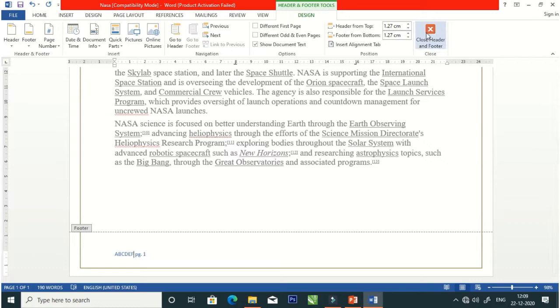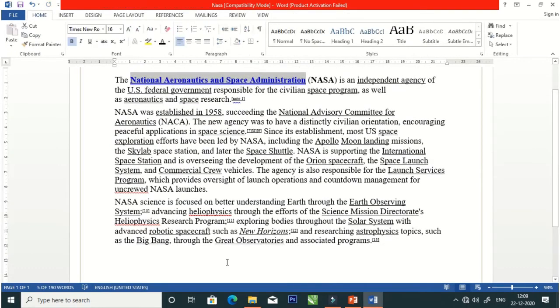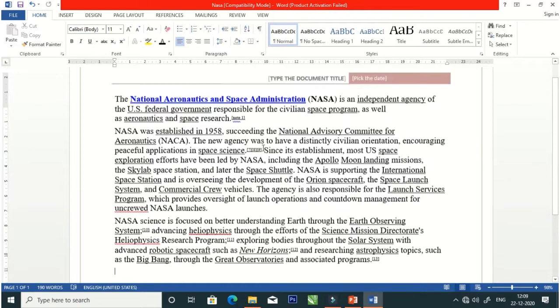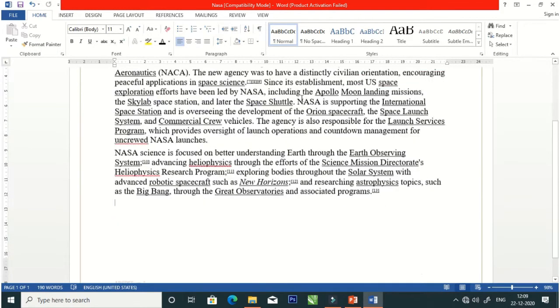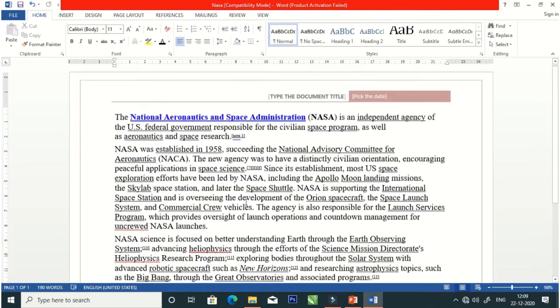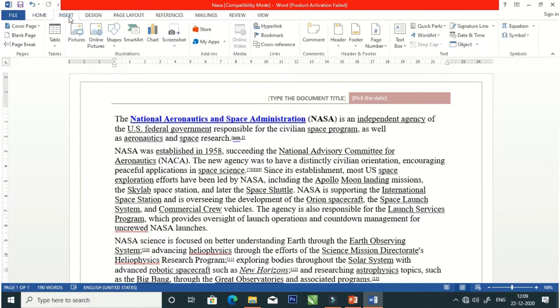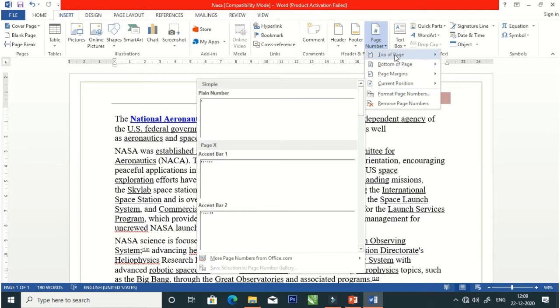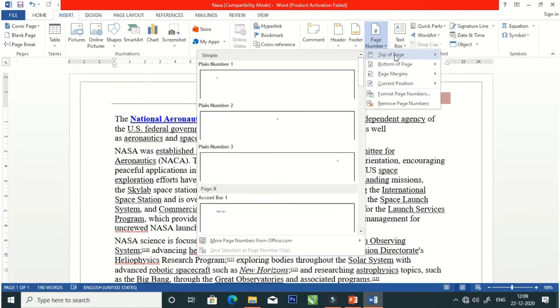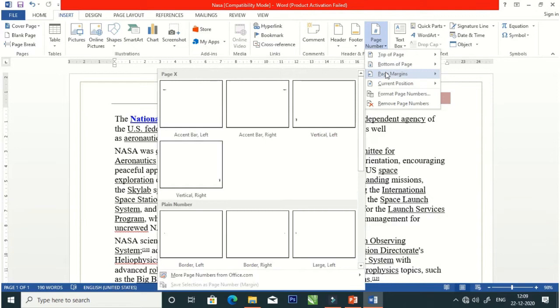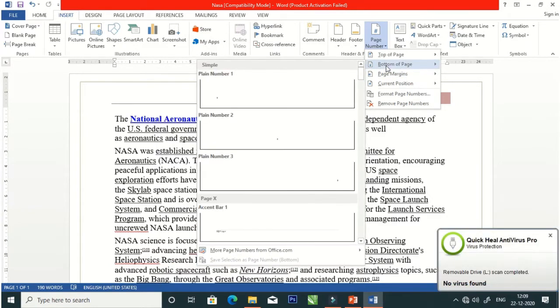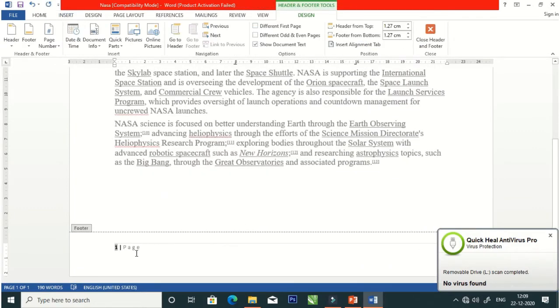Inserting page number. Page number can be inserted at the top or bottom of the page. The steps to insert page number are: first step, click on Insert tab. Next, in Header and Footer section, click on the Page Number button. A pull down list appears. Hover the mouse over an option to open the sub menu, for example, bottom of page. Click on the style of page number. Next, the page number is inserted on every page of the document. Click anywhere on the page.